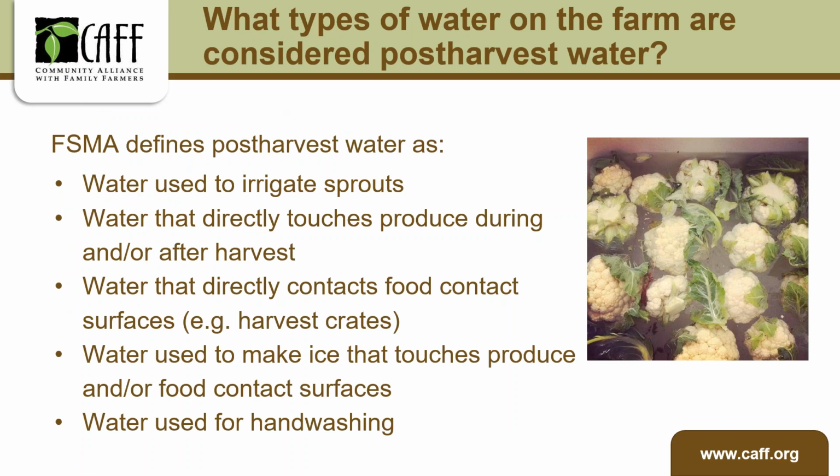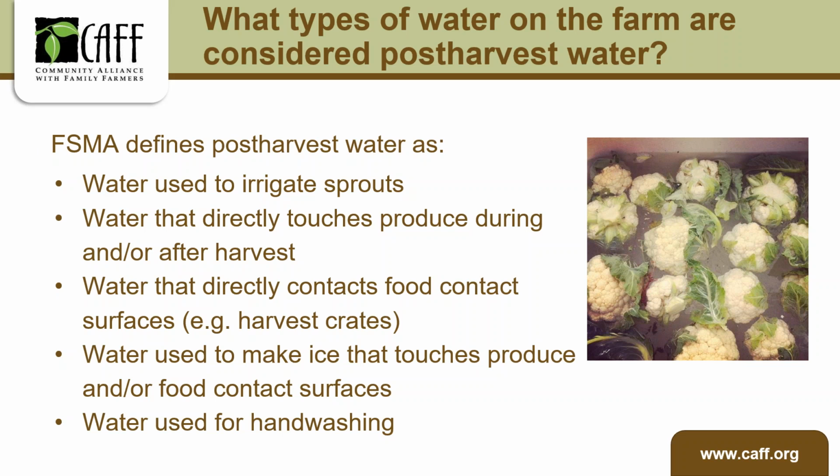This question is, what types of water on the farm are considered post-harvest water? So FSMA defines post-harvest water as any water you use to irrigate sprouts, water that directly touches produce during and or after harvest, water that directly contacts food contact surfaces,